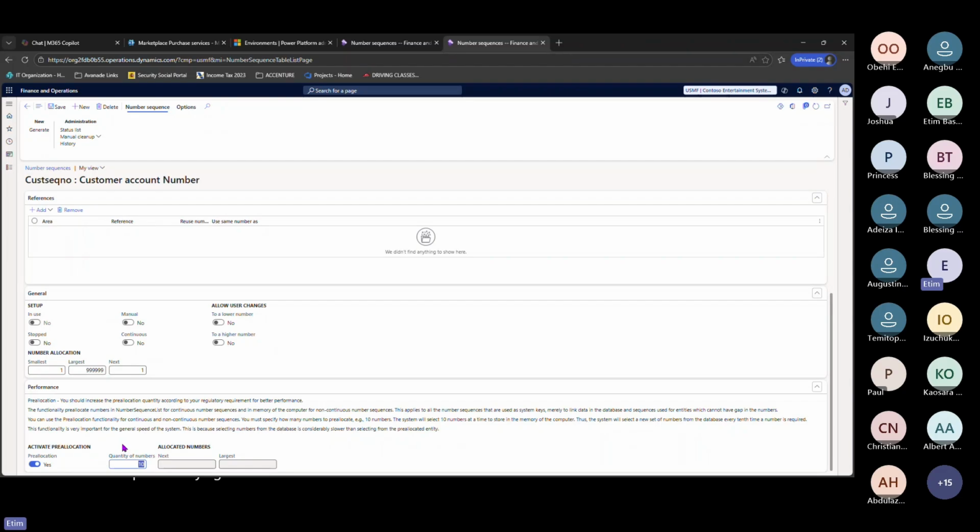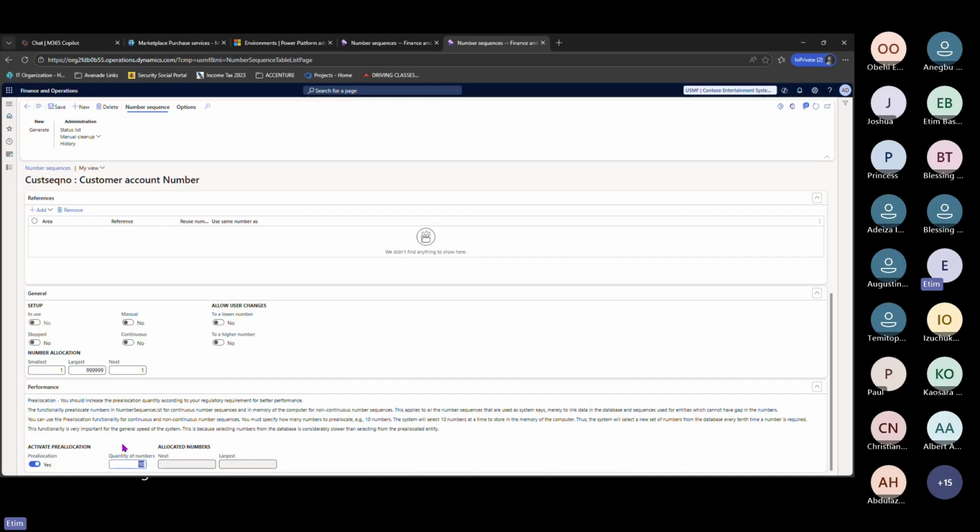Somebody in Germany is trying to create a customer, somebody in Nigeria, somebody in Sweden or in China is trying to create a customer at the same time. So instead of having those performance delays where the system is just scrolling and scrolling and scrolling,